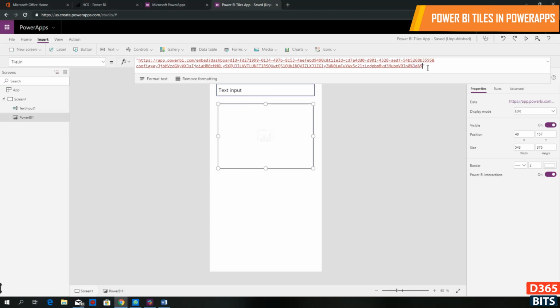You add in ampersand, then dollar, give the filter equal, then you must give your table name. So this is the table name coming from the CDS, CRE9E_homecareservices, slash, and then the field name, CRE9_name, equal,